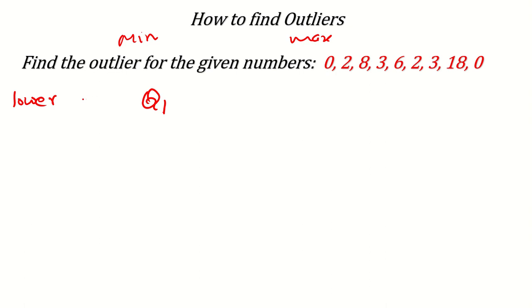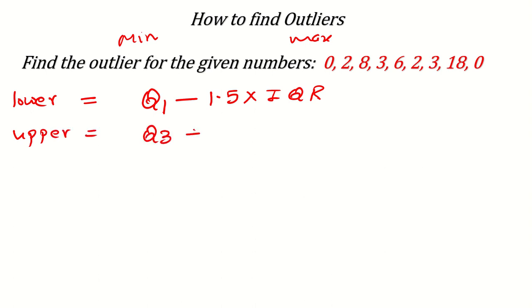The lower limit will be equal to Q1 minus 1.5 times the interquartile range, and the upper limit will be the third quartile plus 1.5 times